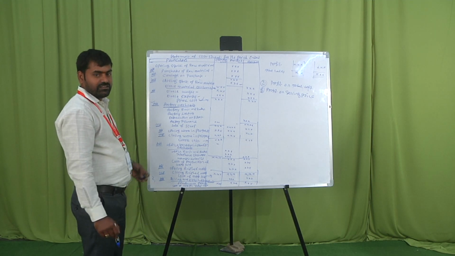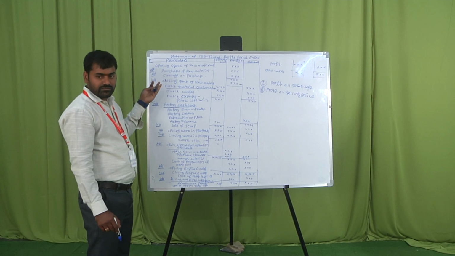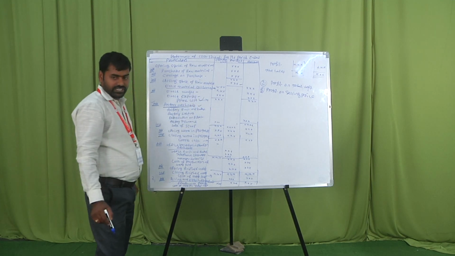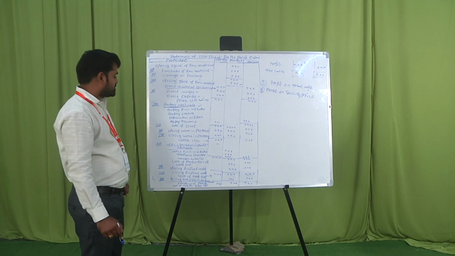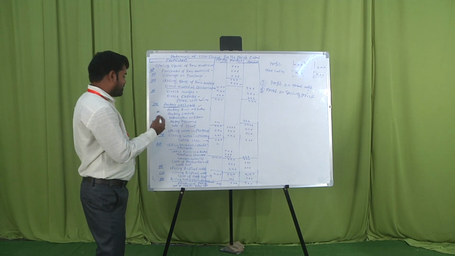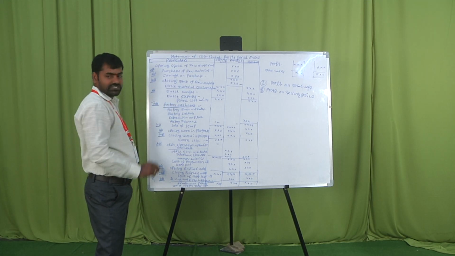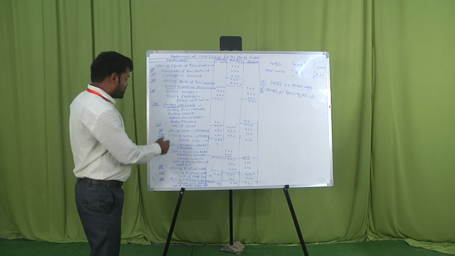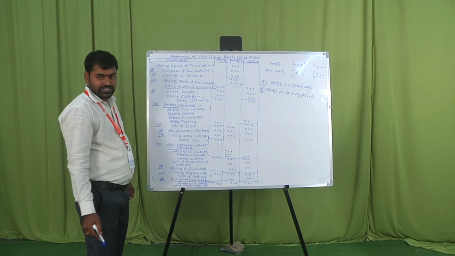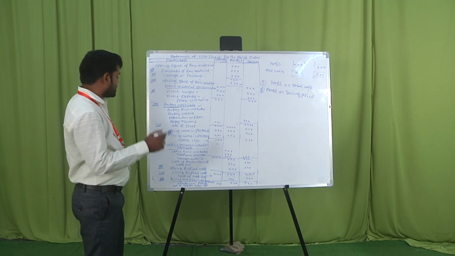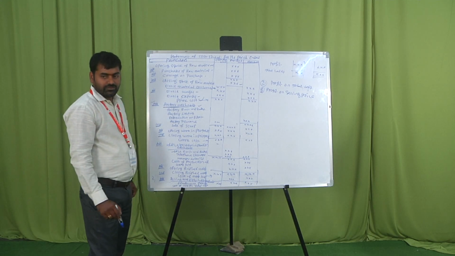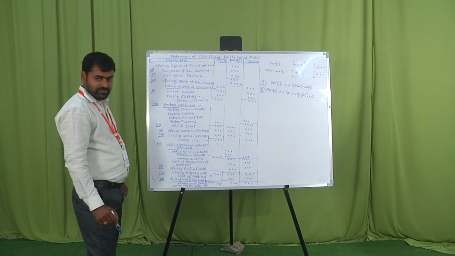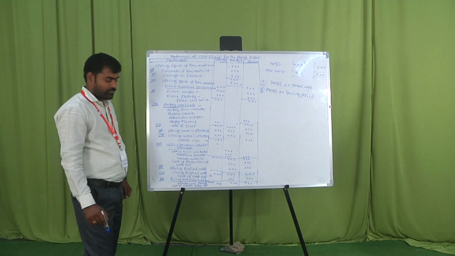The material comes from the stores to the manufacturing department. Whatever expenses are incurred are factory overheads. Manufacturing production is started in a particular area, so some factory expenses are incurred at particular places: factory rent and rates, lighting, depreciation on plant, factory insurance. These are the expenses incurred in the factory overheads department. Then if any sale of scrap is there, it is deducted from the factory overheads.